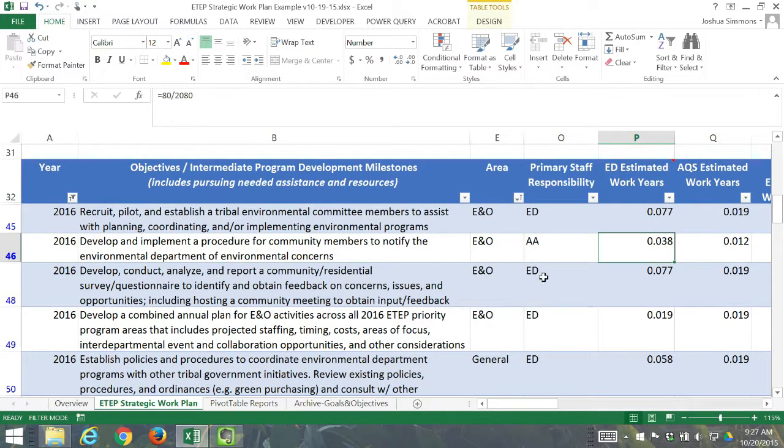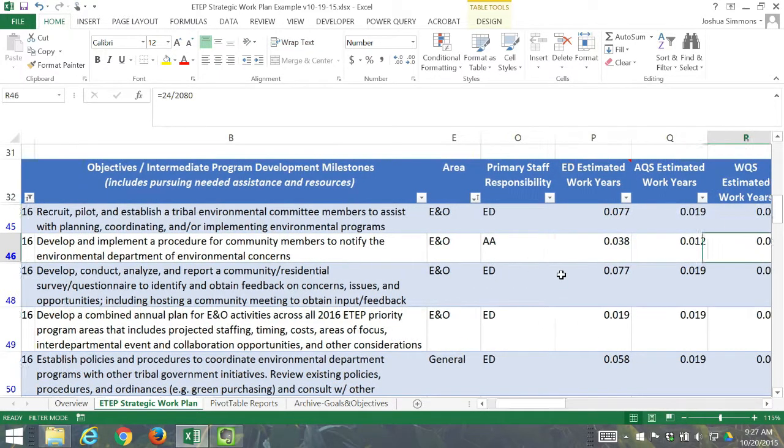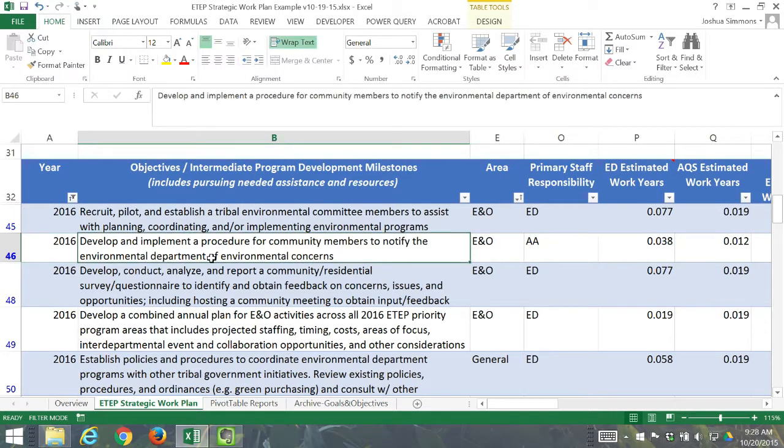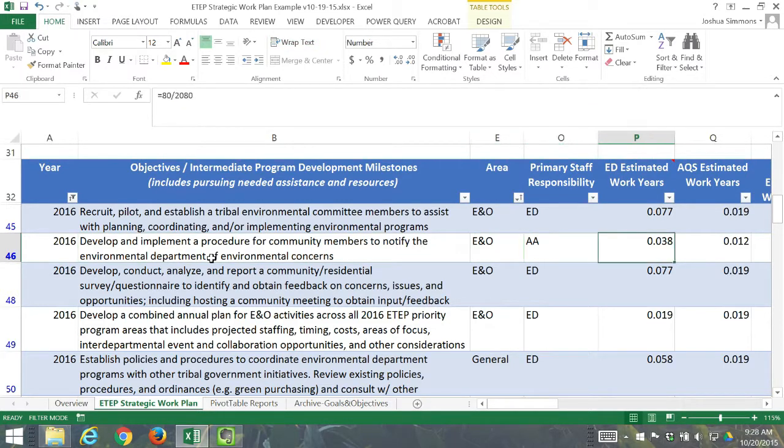All right, so that's how you'd fill this out, and that's how you can use it as a management tool. I think that it's important to work with your staff and perhaps even have your staff members put in their estimates. As a director or manager or program manager, you may be able to enter these all yourself and then just check with your staff members, go over them line by line. They may see it as taking less time or more time. And then for performance management, you come back and if you are tracking the amount of time it is taking, you can compare it with your estimates, and that'll help you, as I said, make better predictions in the future. Okay, so this is important to do all at once because then you can actually see how much